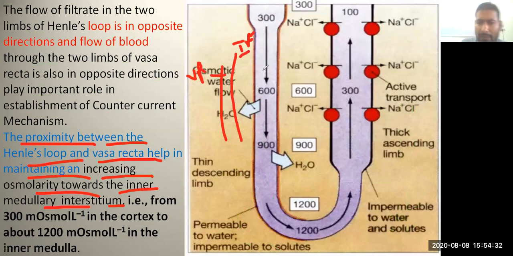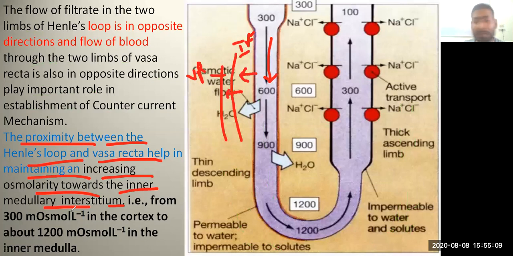So what will happen when the urine moves down? Water will come into the interstitial fluid, and this water will enter inside the Vasa recta. You will see in the next figure, then you can easily understand. If you move along the loop of Henle, the concentration continues increasing. Here it says the proximity between Henle's loop and Vasa recta helps in maintaining and increasing the osmolarity towards the